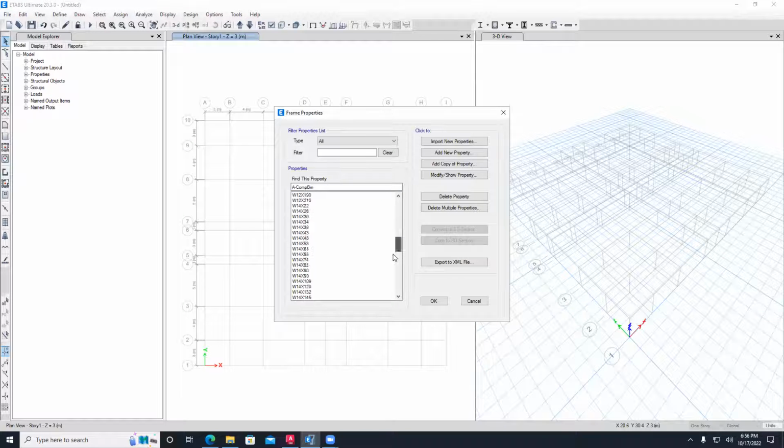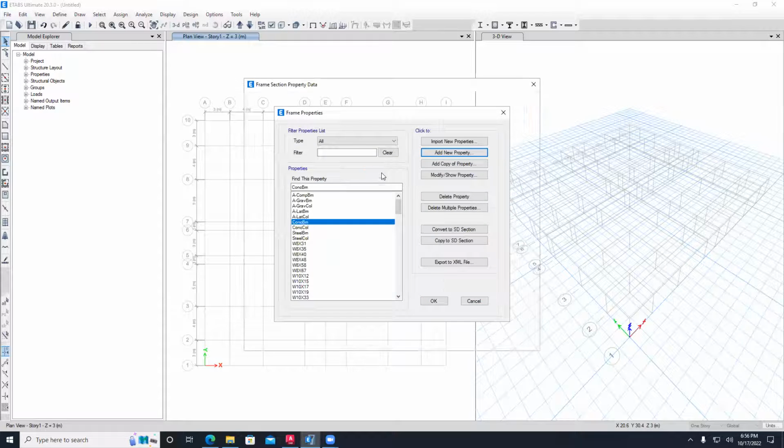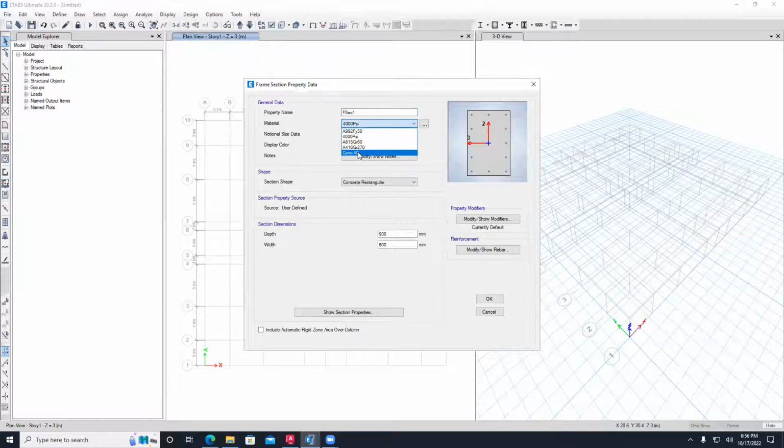Here you will find lots of frame sections that have been introduced, like lots of steel sections, wide flange sections, and you will find a concrete beam section. So I can add a copy of this, or I can actually add new property. You can add new property and say concrete, and you can change the material to concrete 40, and you can name this beam 25 by 70 centimeter. I make sure that I change this, we can keep it in millimeters, so you'll have 700